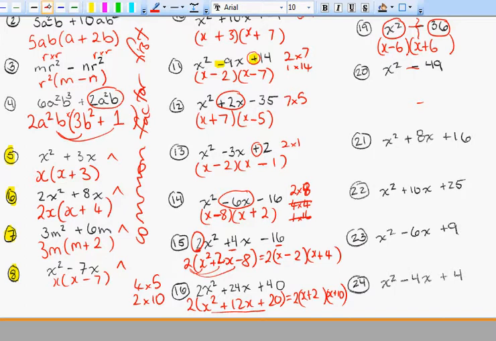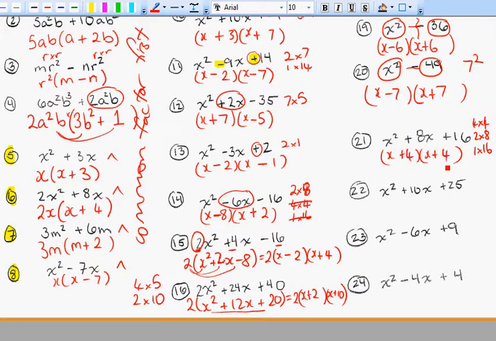Right, so looking at the next one, we identify x squared and we identify that 49 is 7 squared. So once again it's a difference of two squares, minus 7 and a plus 7. Carrying on with 21. Factors of 16. 4 times 4, 2 times 8, 1 and 16, and clearly it's going to be plus 4. And of course another way of writing that would be x plus 4 all squared, which you don't have to do,